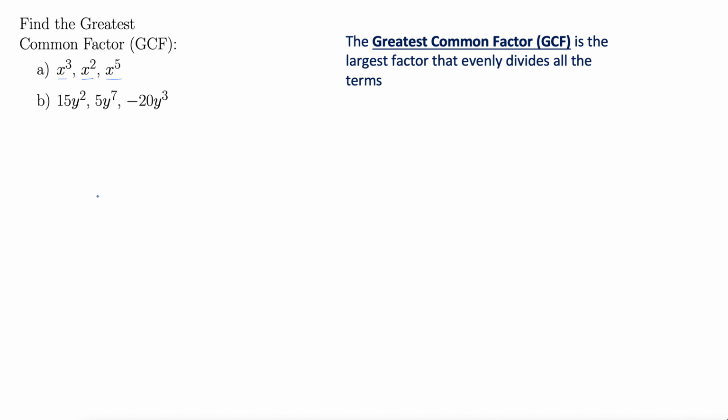The GCF always gets the smallest exponent, always. So GCF gets the smallest exponent. Right here we have x cubed, x squared, and x to the fifth, so the GCF is simply